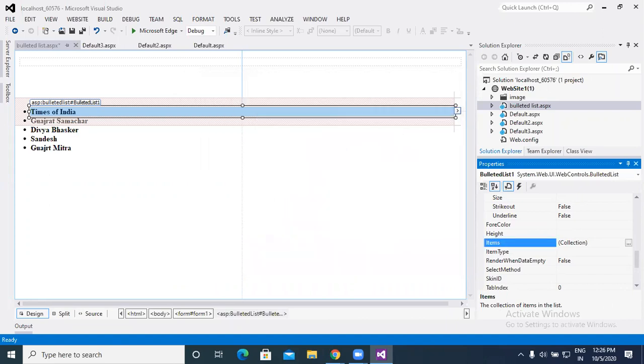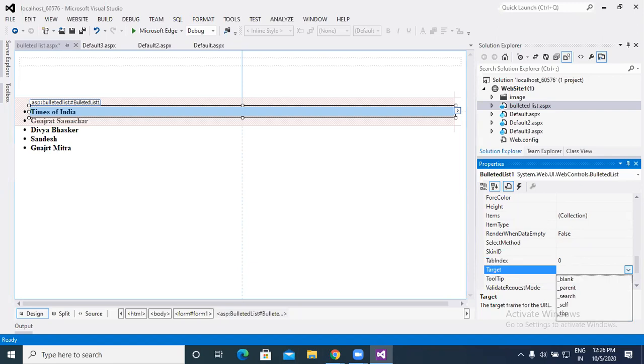That is an example. Then render, if you wish to apply, that is to render the control out of mark when not bound to data. Whenever we are using a database management system, at that time we can use that rendering. Selected method, if you wish to select particular things. Tab index is useful for tabbing purposes. Target, we are not using it.